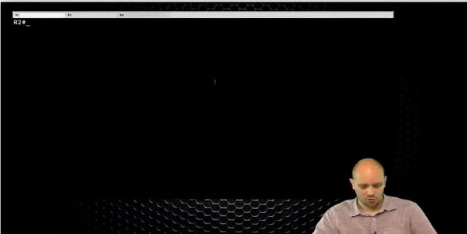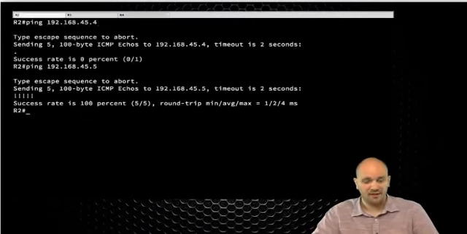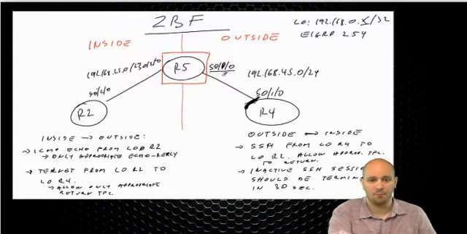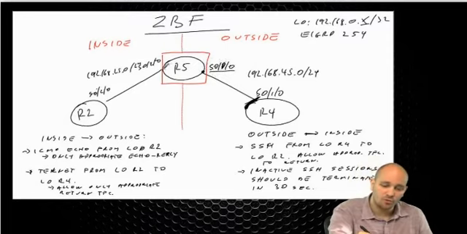So if I go to R2 and I say ping 192.168.45.5, sorry, 45.4 won't work, but 45.5, take a look at this. This works. Even though this interface here is technically speaking part of the outside zone, the traffic going to the router itself is actually part